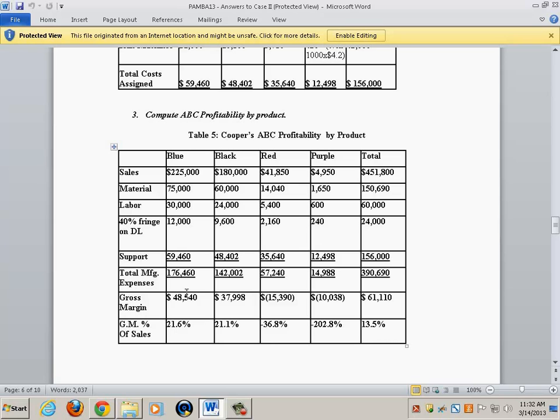And we have to make very important decisions about product mix, on the basis of what? Well, I think we can figure out that